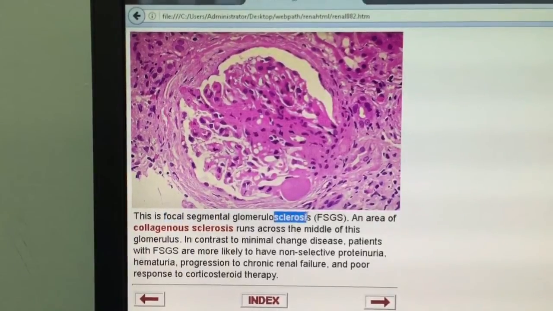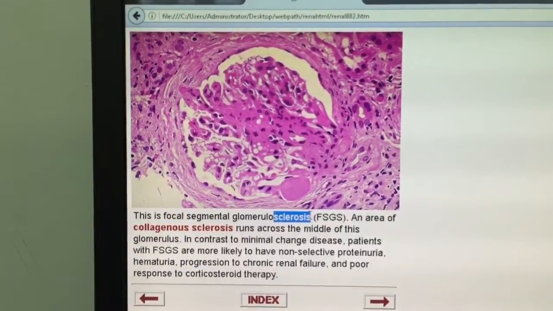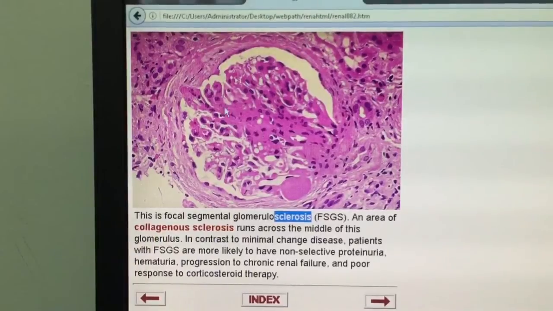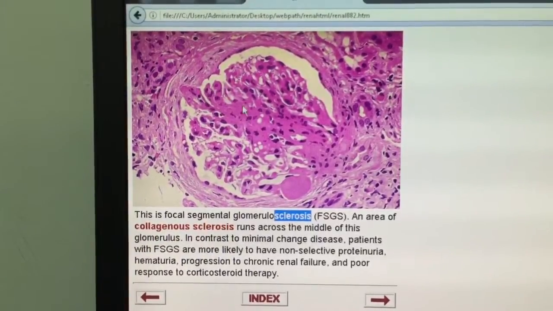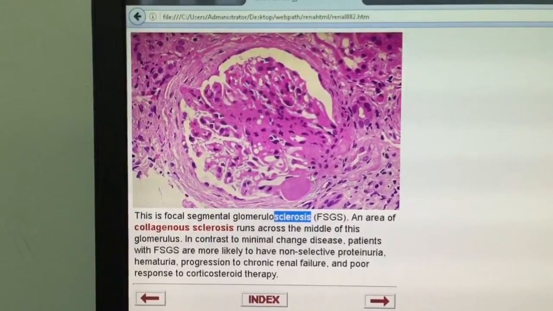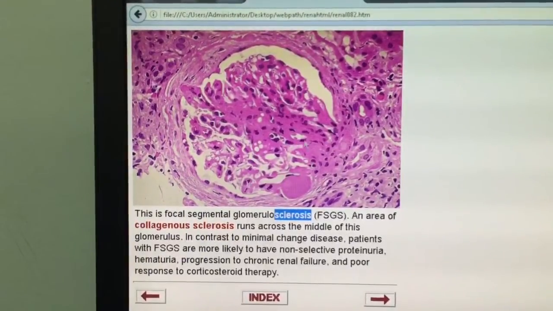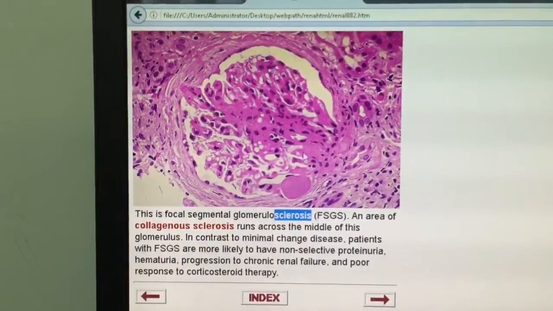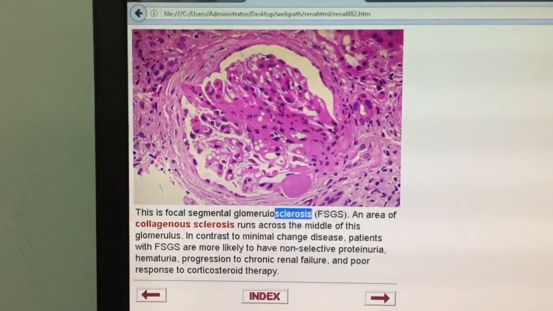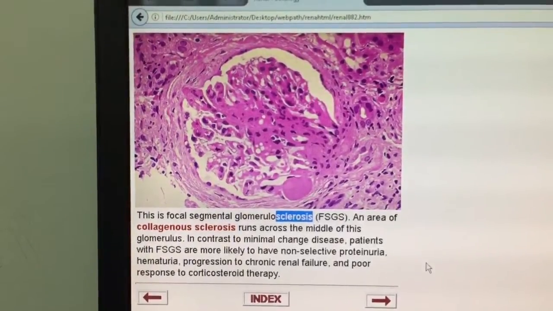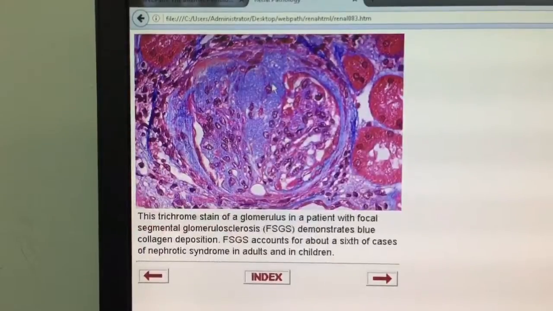Why did we say glomerulosclerosis? Because there is sclerosis within the glomeruli, which is deposition of collagen disturbing the normal architecture. So here, as you can see, this is the normal side. Here we have abnormal things happening, which is sclerosis. It's less than 50%, so we call it segmental. So we use